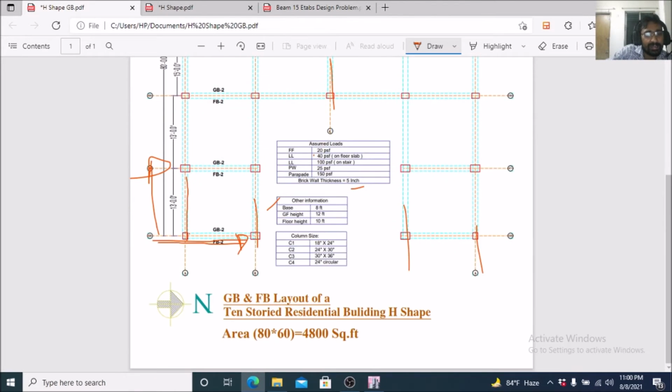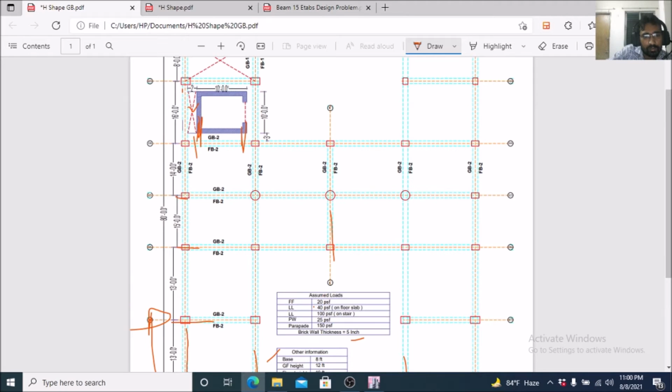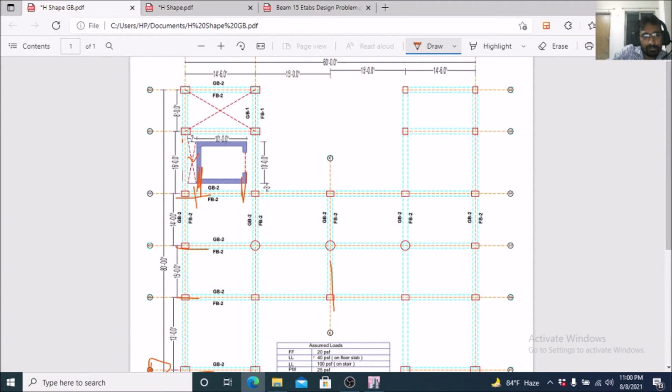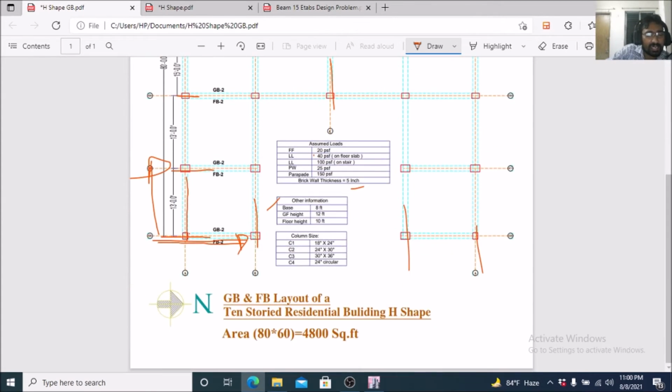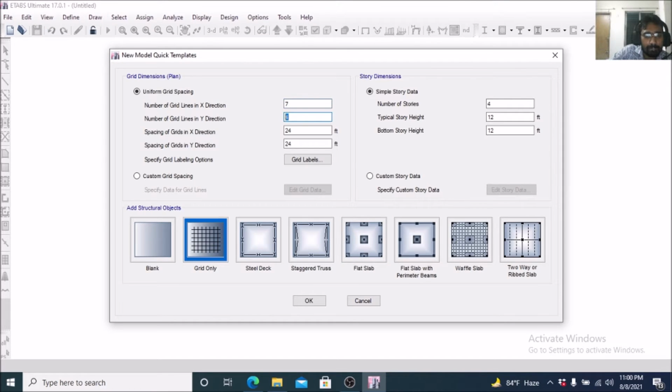back again to the floor beam and grade beam layout. 1, 2, 3, 4, 5, 6, 7, 8, 9. So for the Y direction, the grid number will be 9. Here the grid number will be 9, and when we want to input the spacing of grids in the X direction, we have to consider